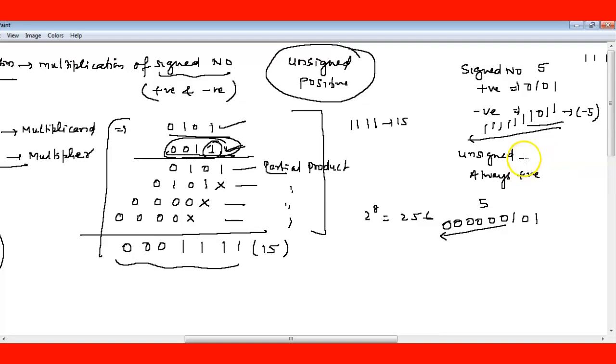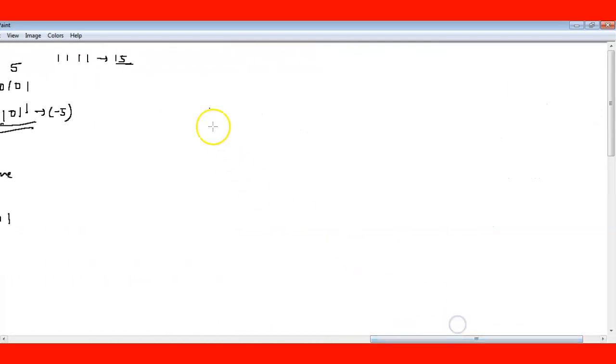So you can tell a positive number always has a 0, and we can write any number of leading zeros before that. Negative numbers will have leading ones. But while adding, what we are assuming here is that this number is 0. All of this we are considering as 0. That's why we are not adding it. If the number is negative, this multiplication method will be wrong.